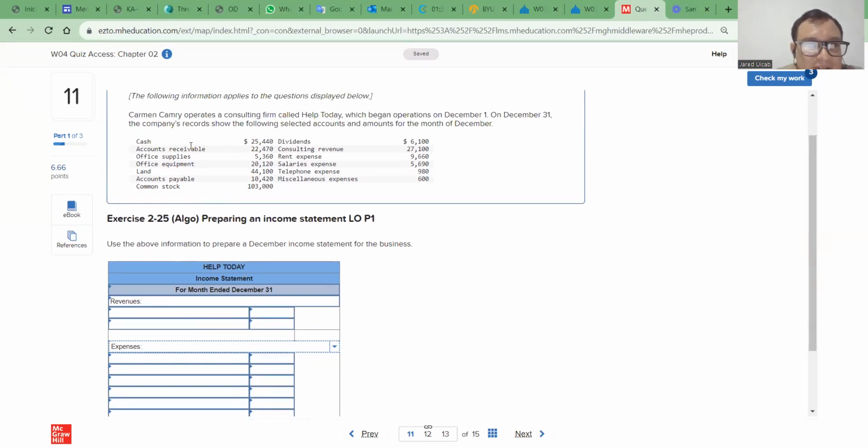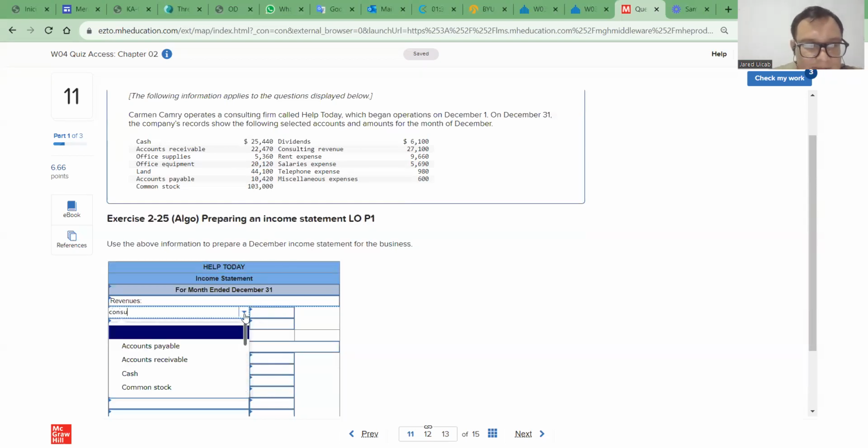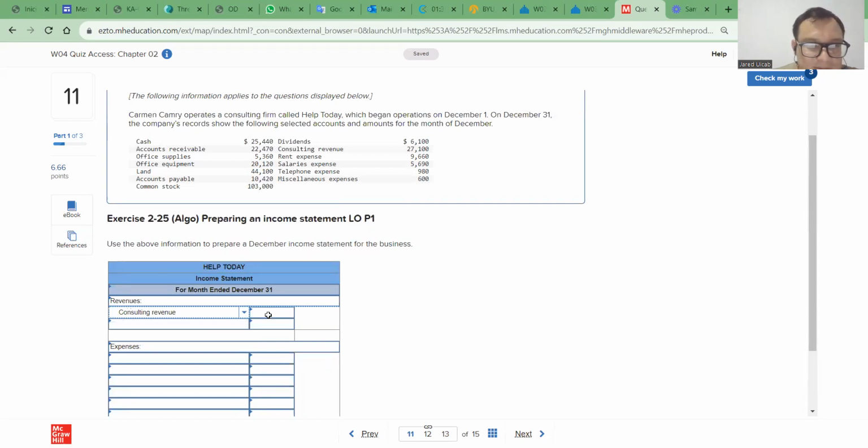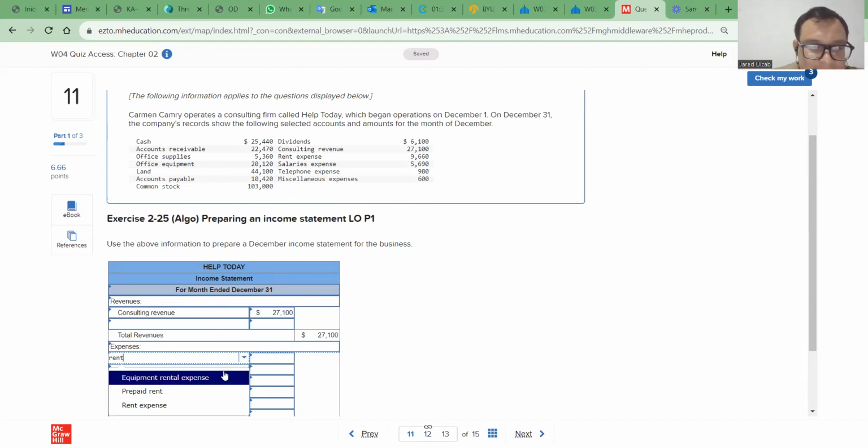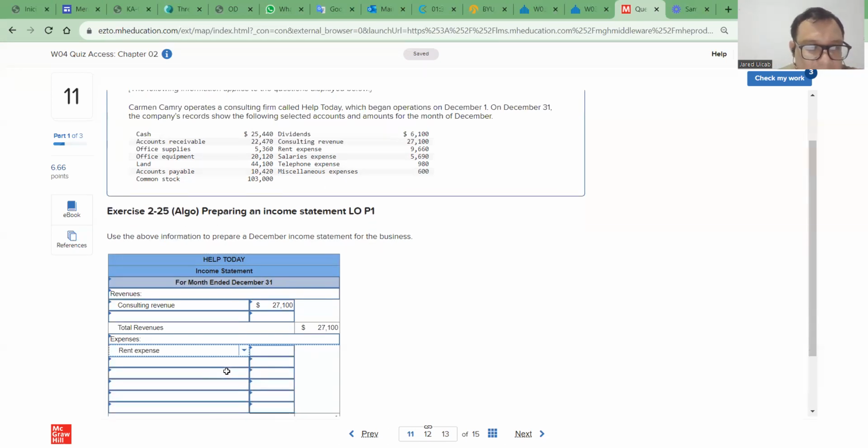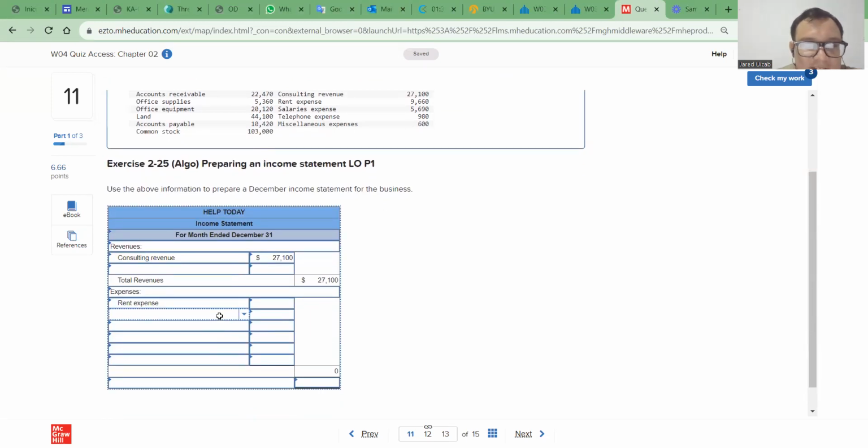So we have revenues here in this list of movements, consulting revenue. Remember, if you type a little bit, the full title will appear to you, and we have 27, okay, revenue. And for this period, I can see another revenue. For the expenses, we have rent. We have to be careful to type the right concept. Rent expense, salaries,